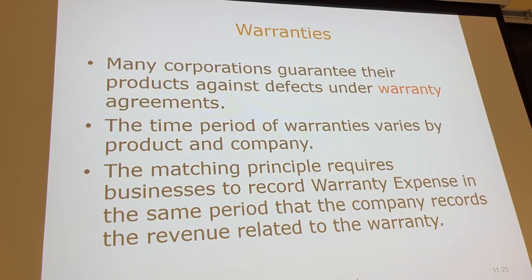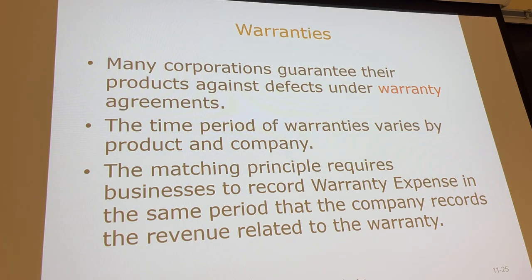So the example that we're going to look at here of how we handle estimated liabilities would be warranties. And you're probably already familiar with what we mean by a warranty. So if a company guarantees their products against defects for a certain period of time, that would be a warranty agreement. And because of the matching principle that we've talked about before, under GAAP accounting, we're supposed to record the warranty expense in the same period as we record the sales revenue,